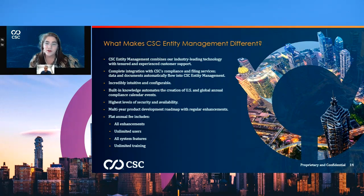We strive to make portfolio maintenance easier for our customers by automating the technology, again, with our services, and also providing incredibly powerful technology solutions that you can leverage proactively on your own outside of CSC services. It really does make us feel satisfied when customers tell us how easy our technology is to use. So we love hearing that the software is intuitive, that we provide valuable features, and that the technology affords actionable data. No one wants an entity management system that's going to be difficult to navigate or cumbersome to keep up to date. So any opportunity that we have to make your life easier is really important to us,